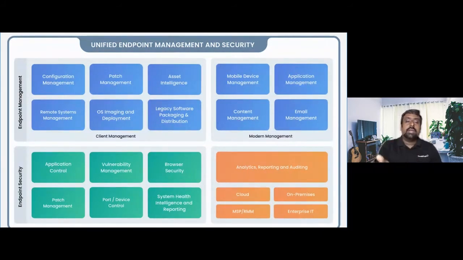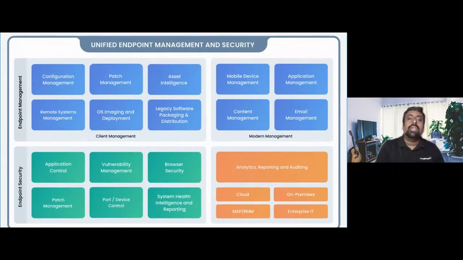When you go to the legacy and modern management side, you will have geo tracking, fencing, corporate wipe, and complete wipe for Windows 10 or modern operating systems, and tracking those devices. Everything is available on the modern side of it, all from a single console. Even moving further down, if you want to do OS imaging, that's also available from the same platform. Remote management, taking remote control of those devices, or even doing remote management for these work from anywhere people, like deploying a script, running a command line, opening up a command prompt, or remote control.